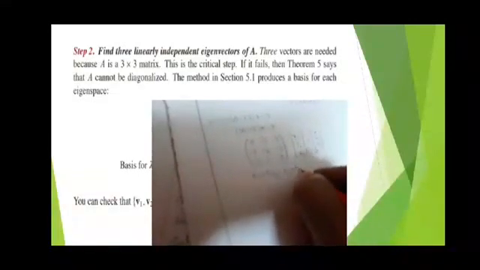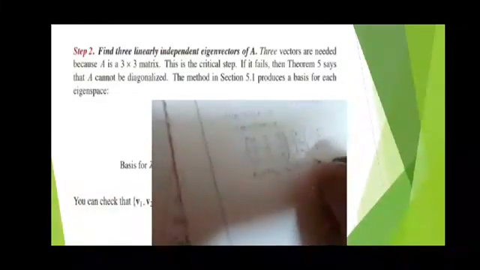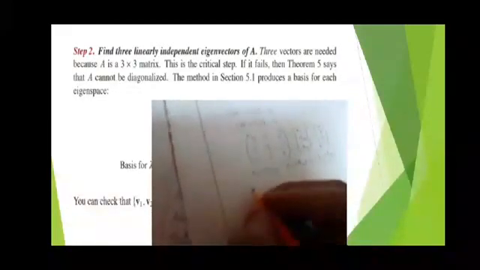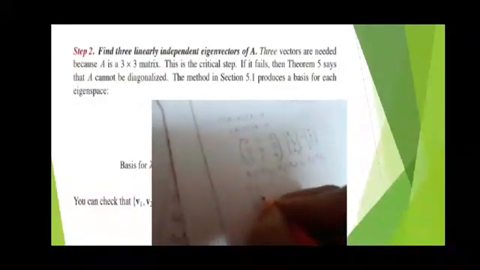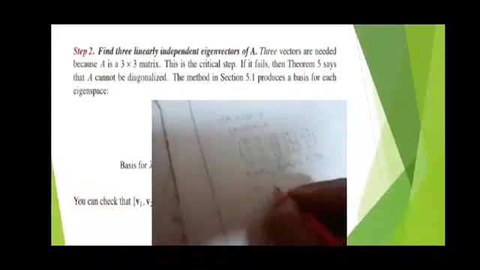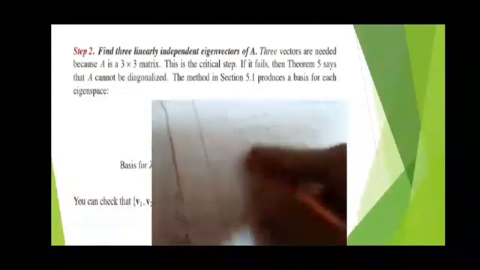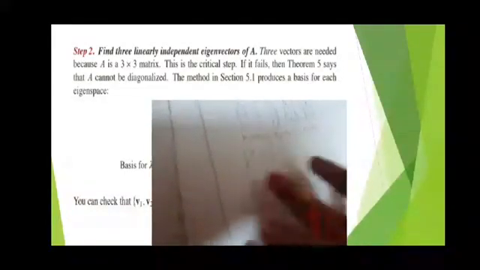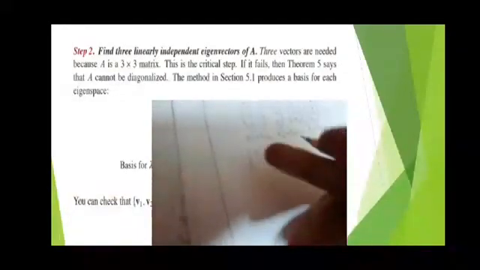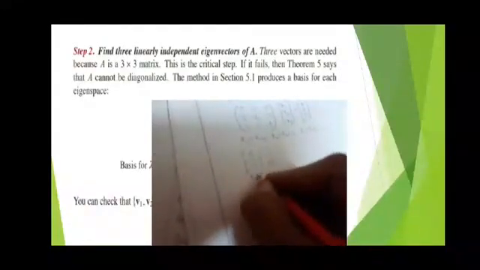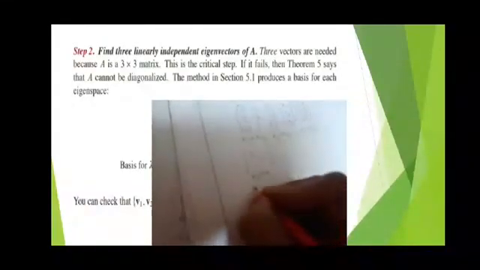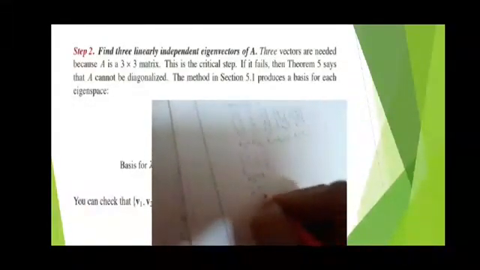R2 tends to R2/-3, and similarly R3 tends to R3/3. It will be 0 1 1 and this will be 1 2 1, 1 1 0. Okay, this is the matrix of A minus lambda I. Here we interchange the rows R2 and R1. Then what happened here: 1 2 1, next 0 1 1.